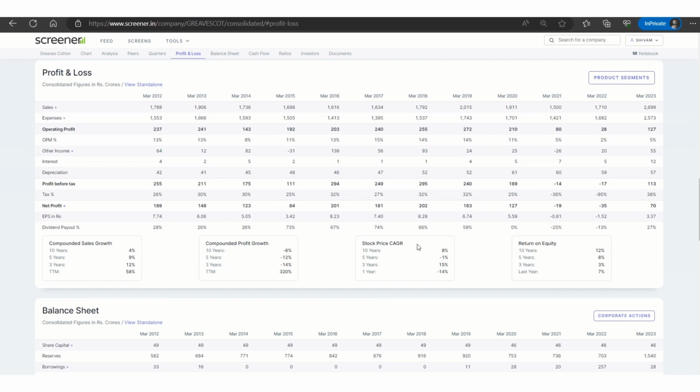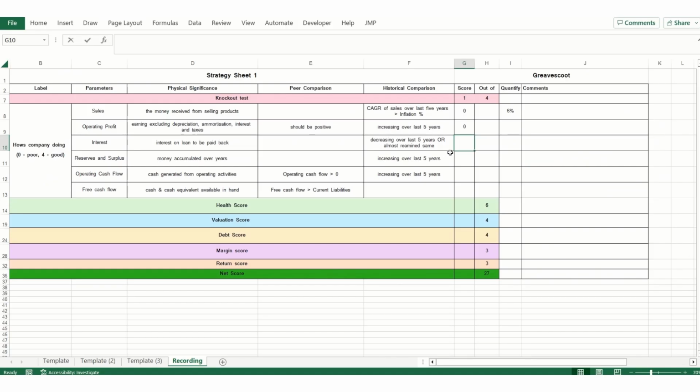If they're increasing the interest and they are able to expand, then somewhere in the future or in the current year, they should show a potential growth in profit or operating profit. But if it's not showing and their interest is rising for this financial year, we will say that this is a bad thing. So we are going to label it as 0. And the overall score will tell us how good it is, not just the interest. Then you have your reserves and surplus, and you know what reserves and surplus are.